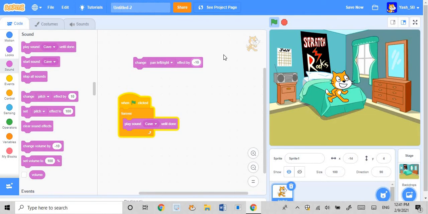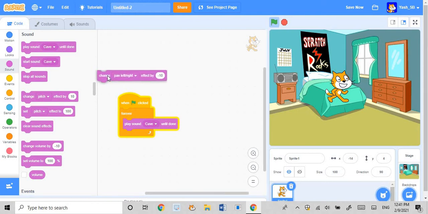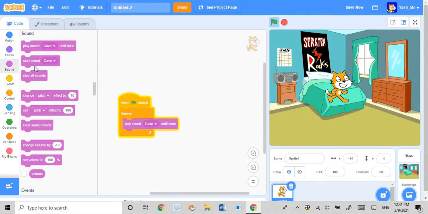It just makes the sound go to a side. Now you can see that this is on the left side if you hear it very closely. So to use this block you need to listen very closely. Okay, so that is the change pan left and right.